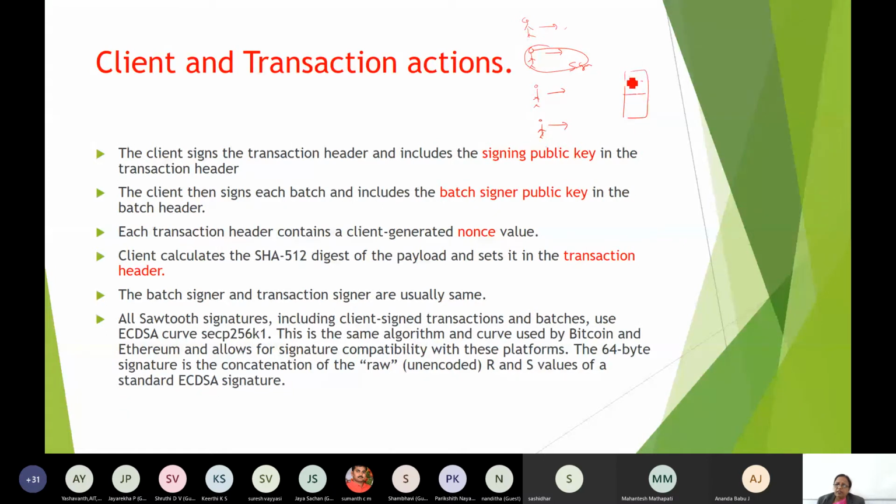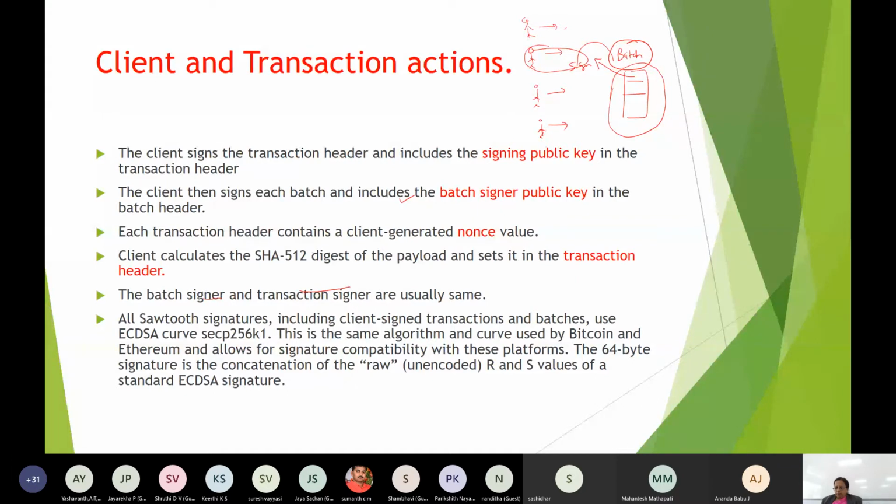In that one transaction he is signing, and he may be the same person, batch signer and transaction signer. Usually it will be the same person. When these whole people are bundled together, the same person will also sign the batch, right? Therefore, so many times the batch signer and transaction signer may be the same, or usually the same.